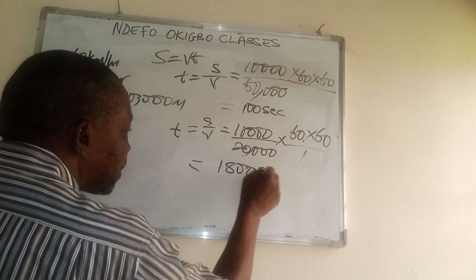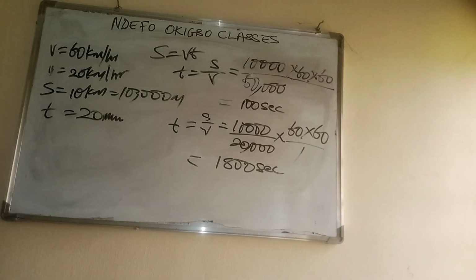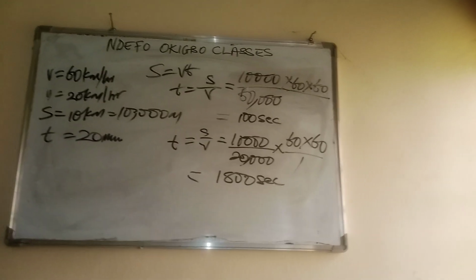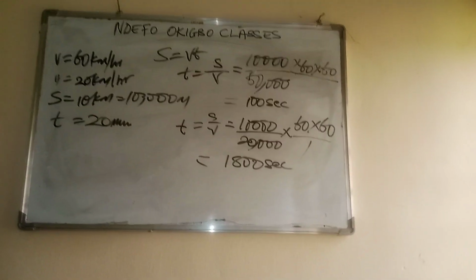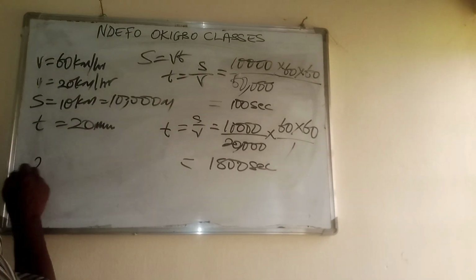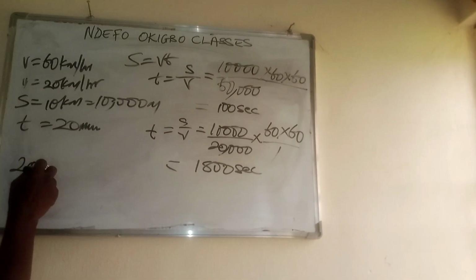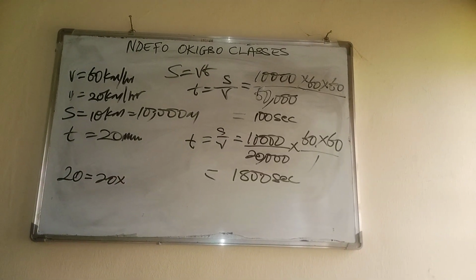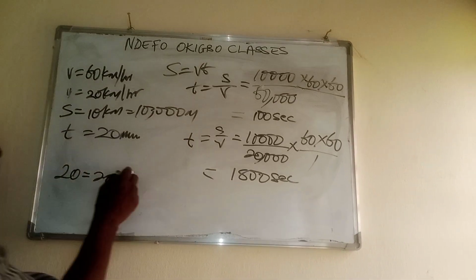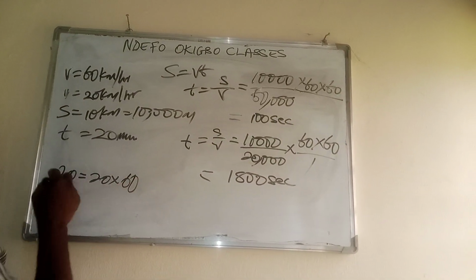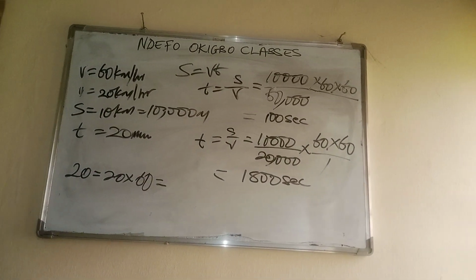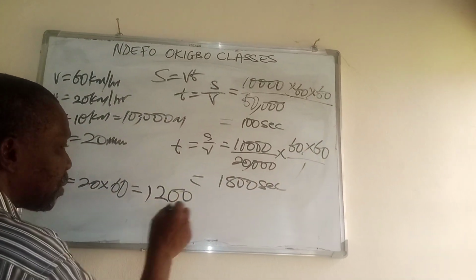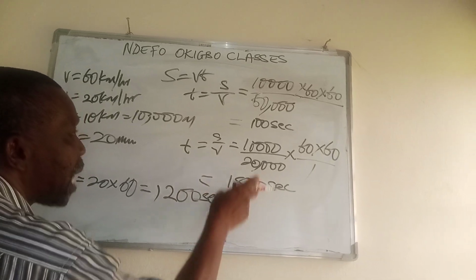1,800 seconds. Then the time of loading and offloading, according to the question, is 20 minutes. That is 20 times 60, because there are 60 seconds in a minute, which is 1,200 seconds. So the time to do the whole work is to add the whole